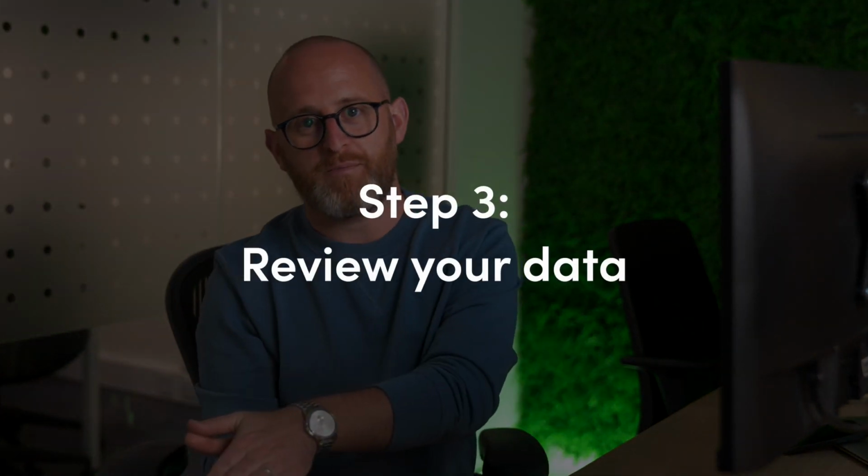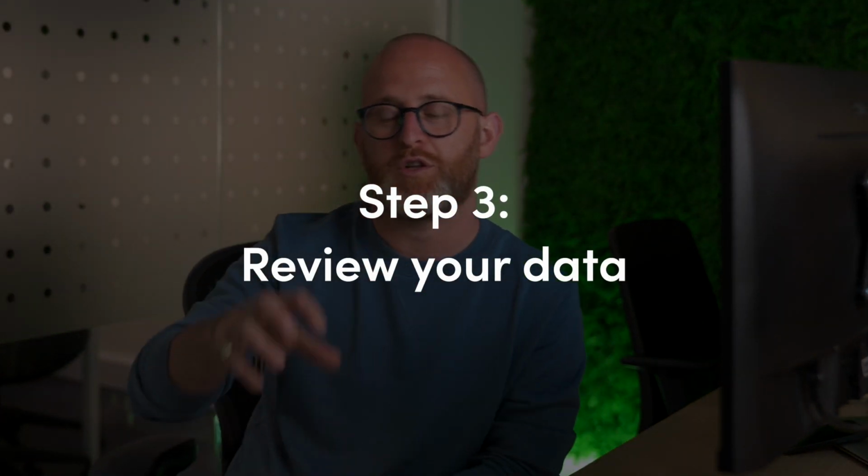Now, step 3, review your data. Once you have a solid grasp on the business numbers and the plans for the future, you need to overlay that with what the data is telling you, so you get a clear picture of where your brand is and what is and isn't working. Tools like Google Analytics and Google Search Console are perfect for this. Every e-commerce brand will have these set up. I'm sure you do too, and you should be using them. These tools can tell you 101 things, but with our commercial mindset, we don't need to be a technical wizard, so don't worry. You just need to be able to extract the key information you need to make marketing